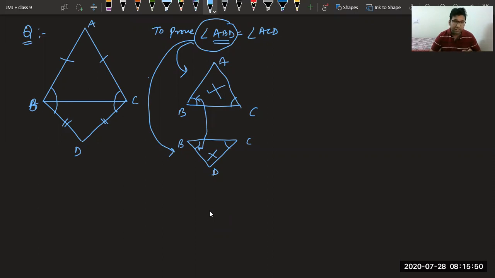Please, all of you, try and tell me which construction can give you two triangles in which these angles are coming. Please tell me which construction. Okay, extend BC. Extend BC, no. A to D, Mishti. Very good, beta. Mishti, going good. Others, please try. We will draw a perpendicular? No need of perpendicular, beta. Just join A and D. If we join A and D, I will tell you one more way to solve this question. You all are doing it by this, it's okay.